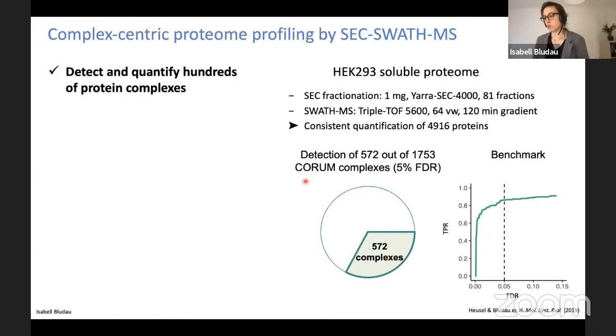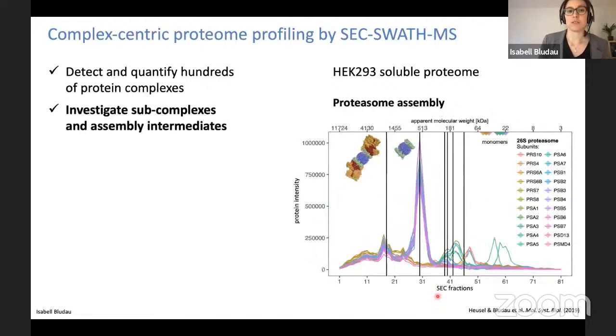And we compared this to a manual annotation benchmark, where we manually checked all of the complexes annotated in CORUM and manually assessed whether we would call them detectable or not. And with our automated CC profiler workflow, we reached roughly 90% sensitivity at a 5% FDR. So on top of being able to detect holo complexes, we can actually use the data to also derive information about